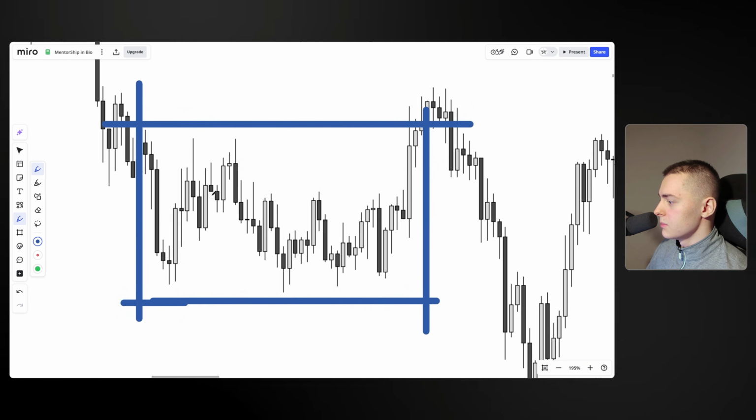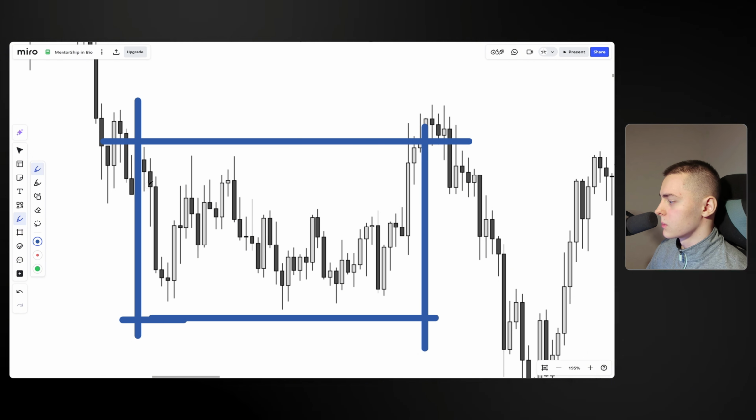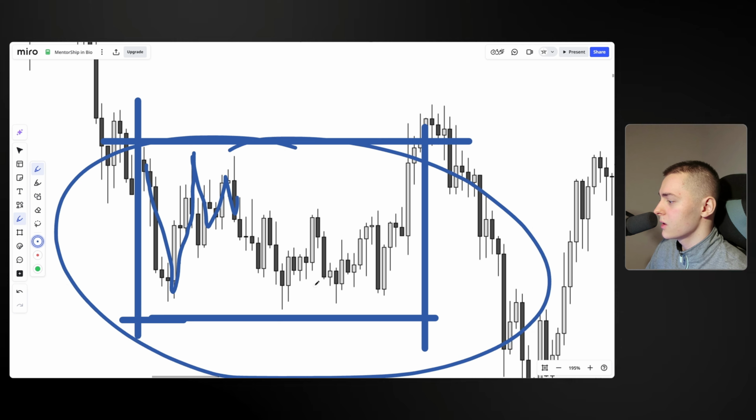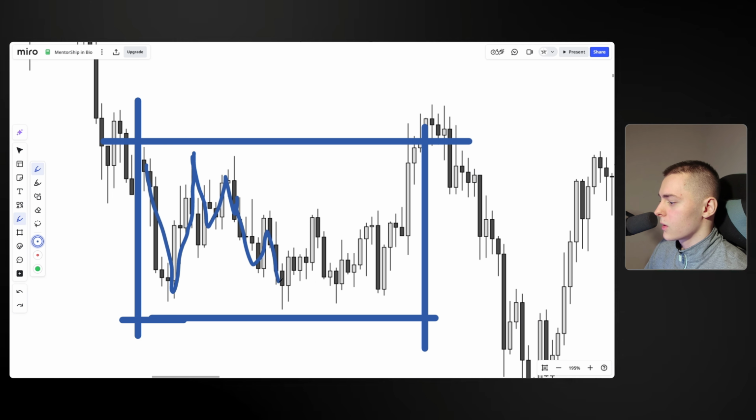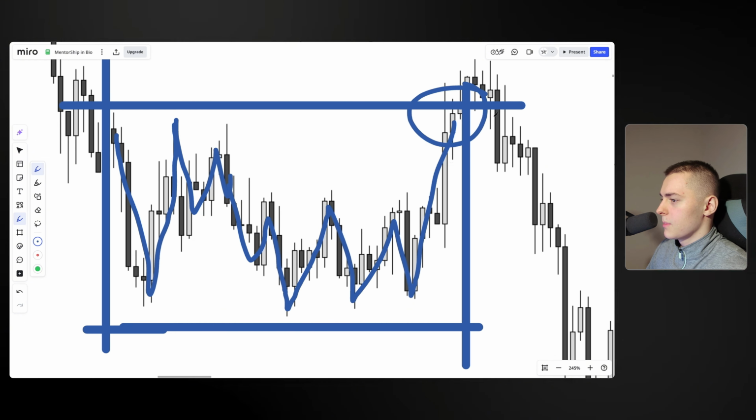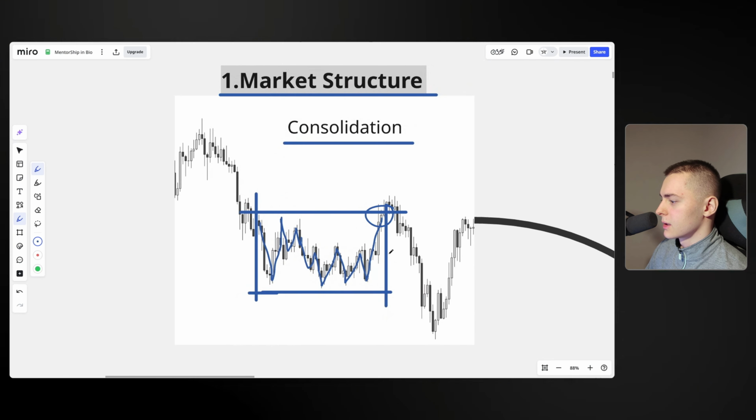As you can see, the market, although it does go up and down, stays in a certain range, in this blue box. That is consolidation, when the market is not going up and also not down. As you can see, we are slowly moving to the bottom of the box, then to the top of the box, and that just keeps on going. Sometimes we're not going in any type of direction box-wise because we are also consolidating within the entire consolidation. But slowly we are reaching the bottom again, going a little bit higher, bottom again, and then eventually the top again.